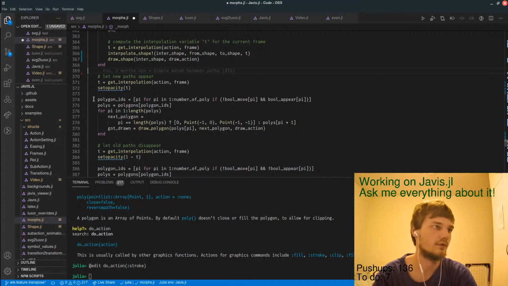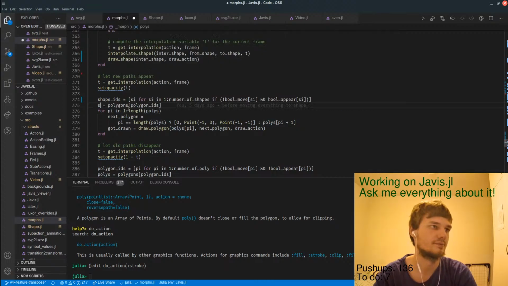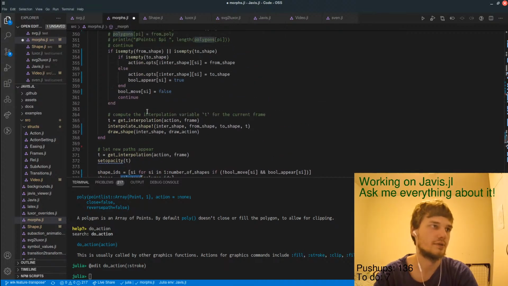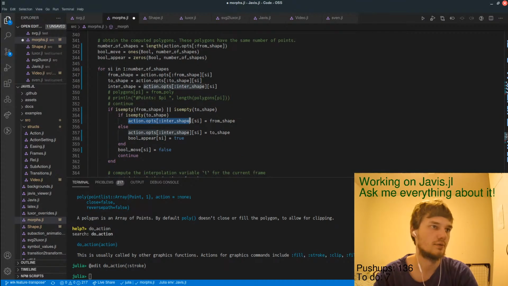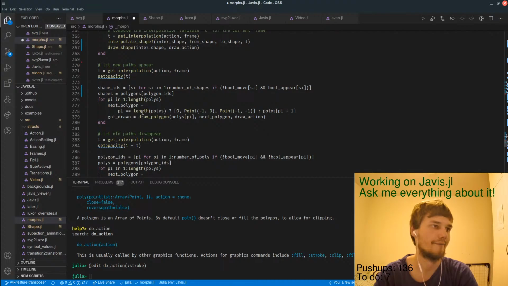And now basically, okay, we have shape IDs. Yes, shapes. And then shapes is this.